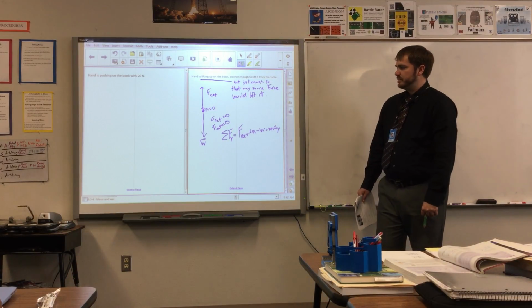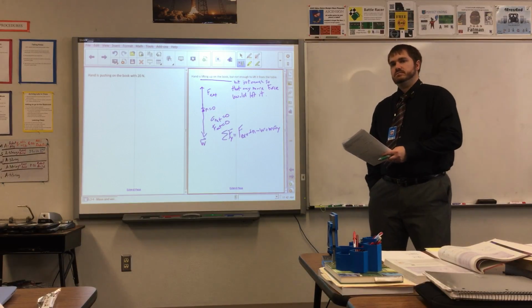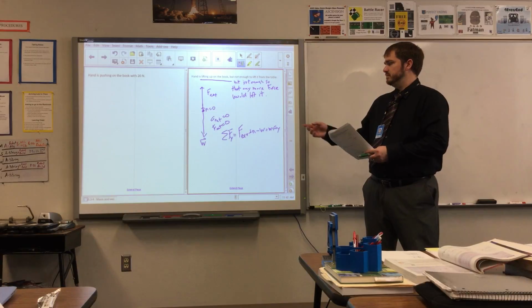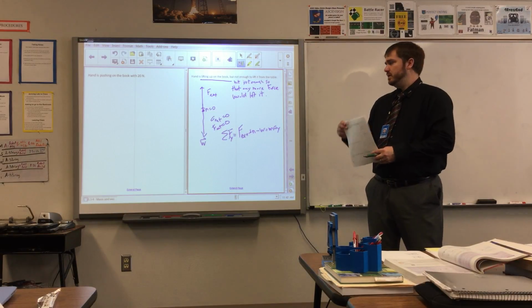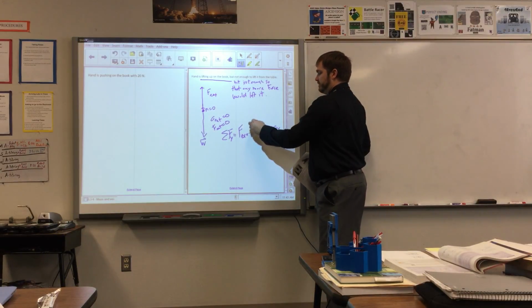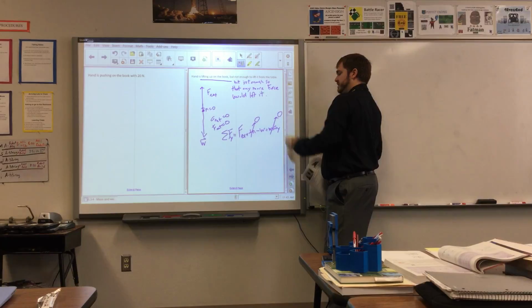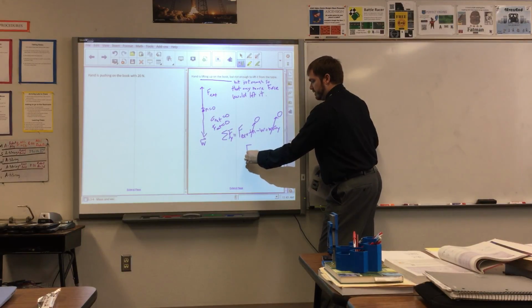Like, if it asks us to do it, let's say in our Mastering Physics homework and it says, do the second law, would we have to count normal, even though it's not acting on it anymore? I might set it up, and then at this point I would say normal is 0, and mass times acceleration is 0, and so therefore the external force